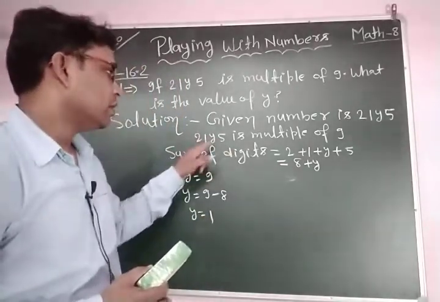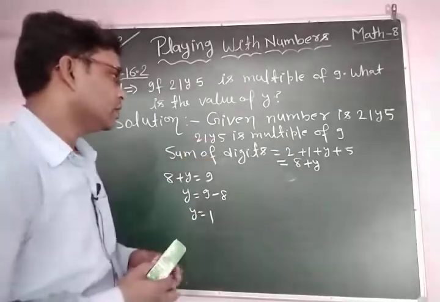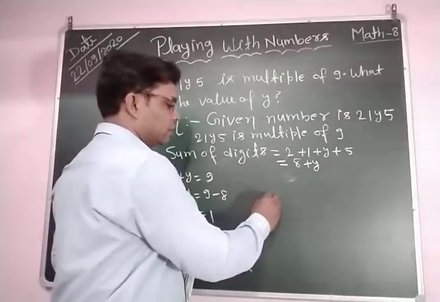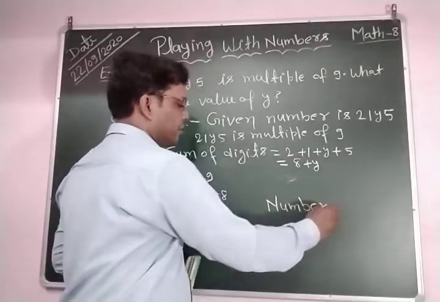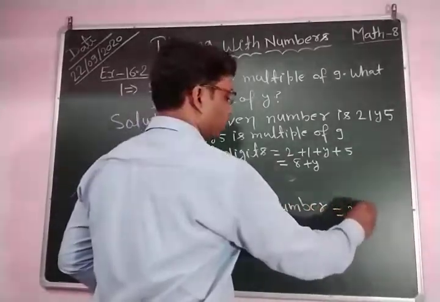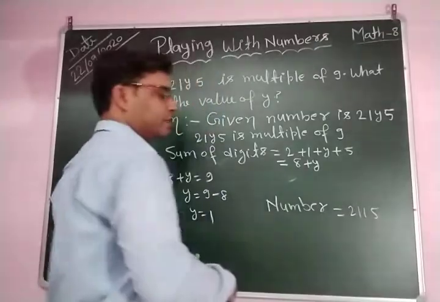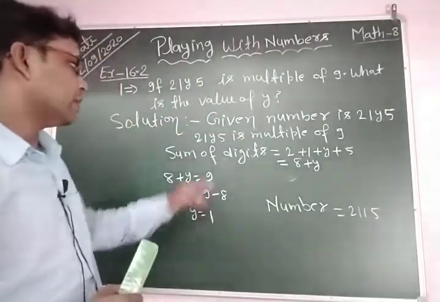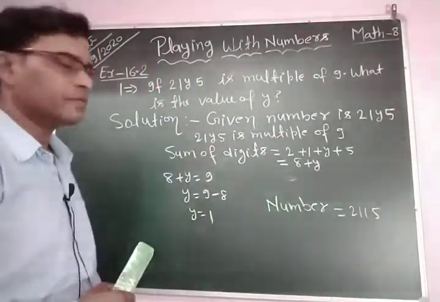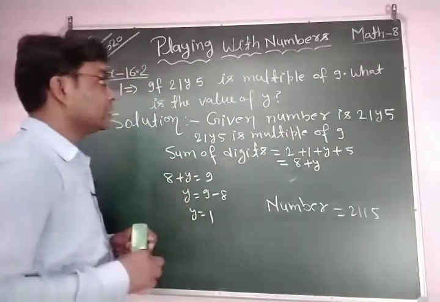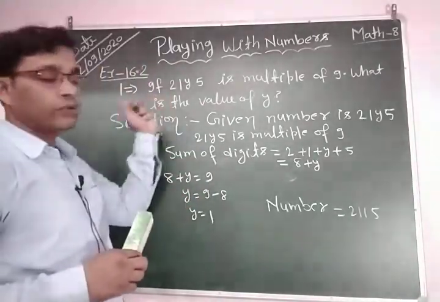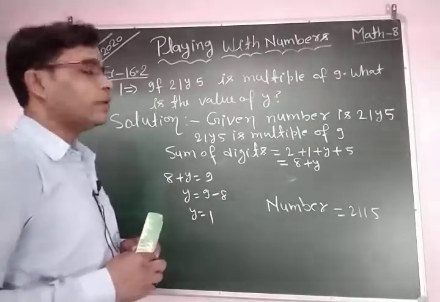If you replace y by 1, then the number is equal to 2115. This is the number. Here we replaced y by 1. Clear? So students, you can see in question number 1, this is given that 21y5